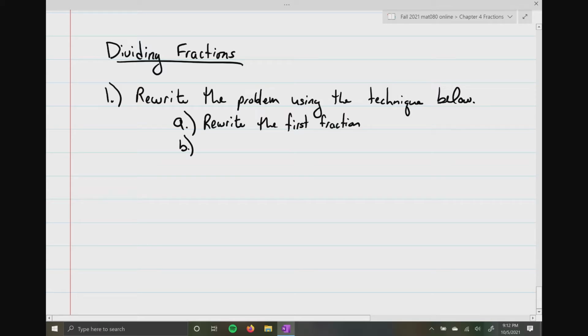Part B. Change division into multiplication. And then our third and final step. Okay, now this one, you probably heard before, but I'm going to say it anyways. Our third and final step is going to write